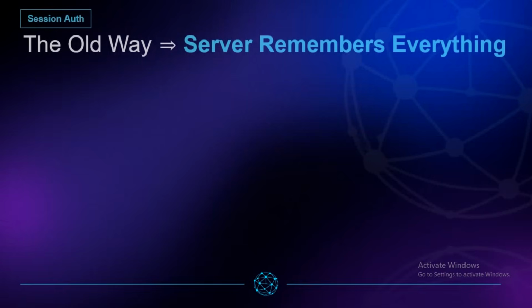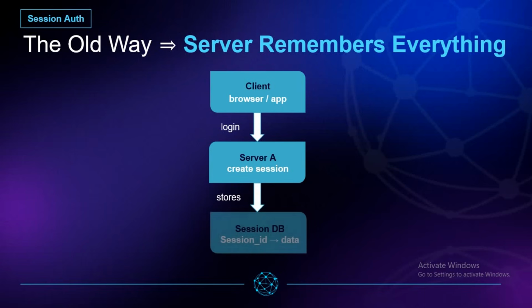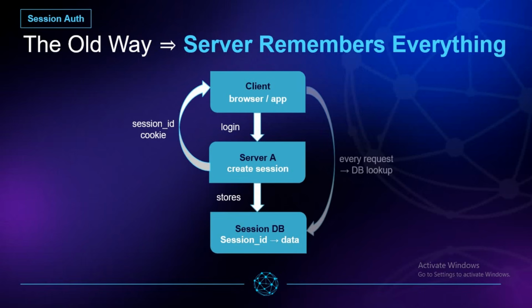Let's start at the beginning: what JWT actually is and why it was built. To understand JWT, you need to understand what came before it and why it wasn't enough at scale. Traditional session authentication works like this. User logs in, server creates a session and stores it in memory or in a database. The server returns a session ID to the client, usually as a cookie, and on every single request after that, the client sends the cookie and the server has to look it up in the store